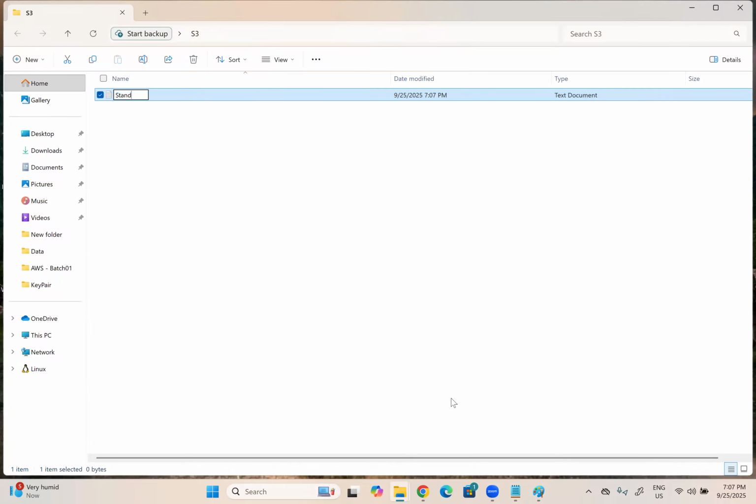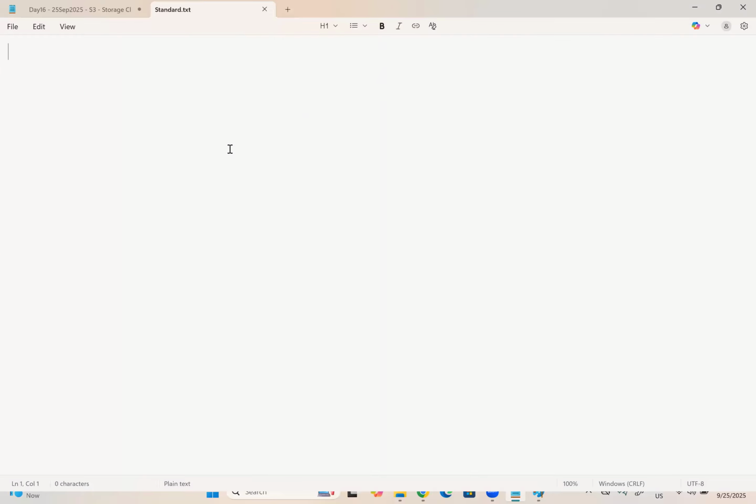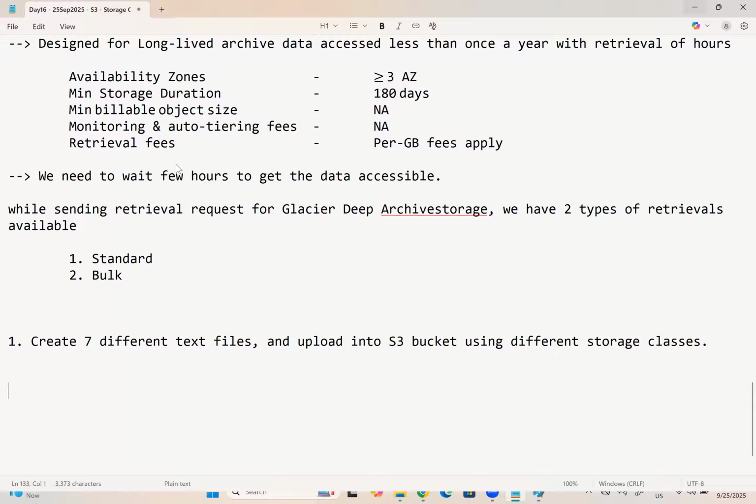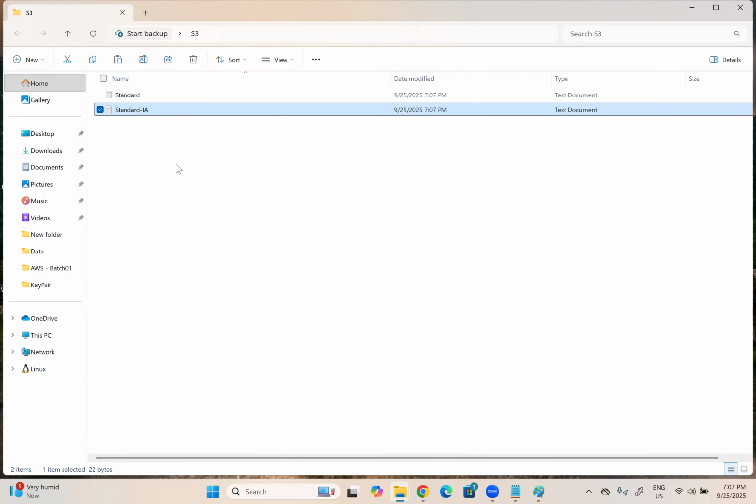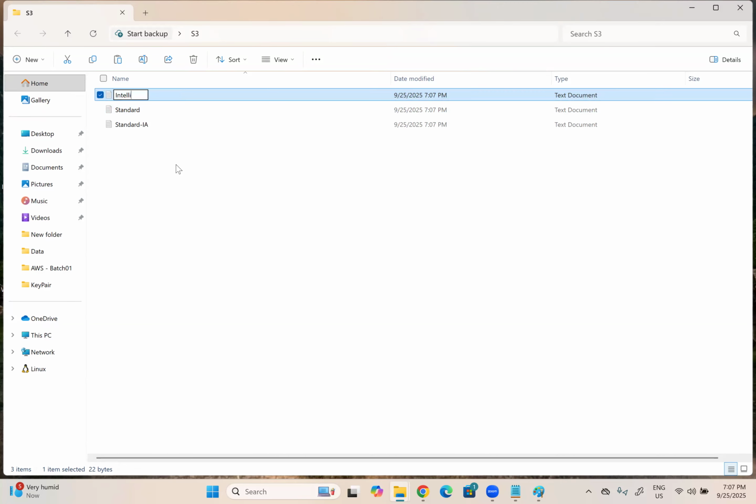Any name, that doesn't matter. I will give some meaningful names to indicate which storage class I will upload the data into. I can say standard storage class. This is for standard IA, and this is for intelligent tiering. Then one zone IA, Glacier instant retrieval,